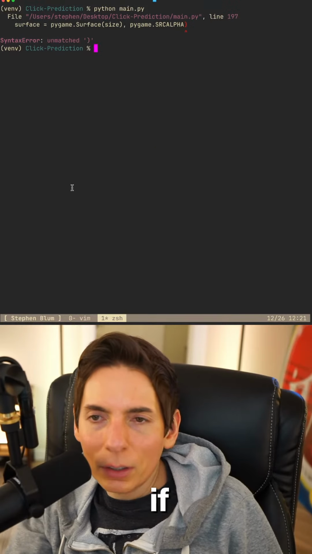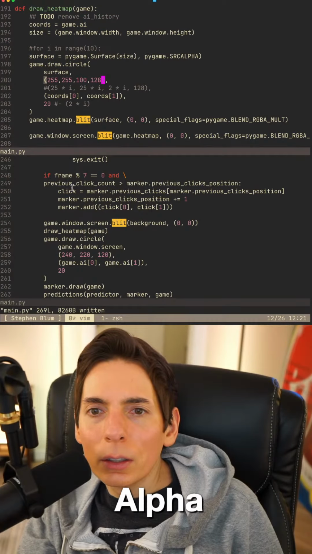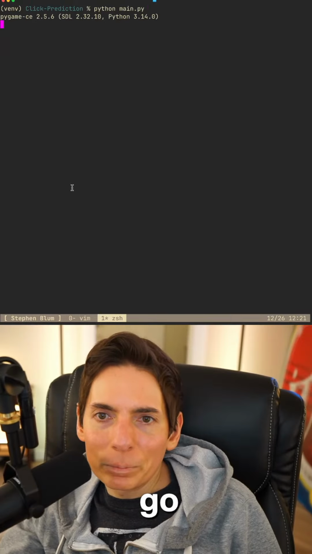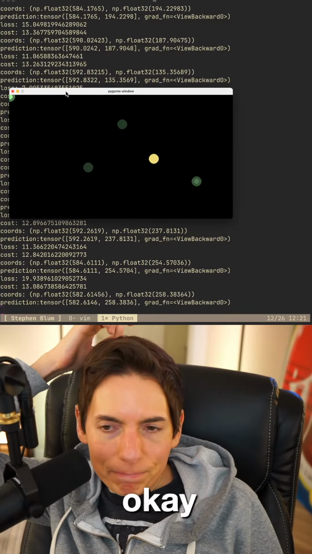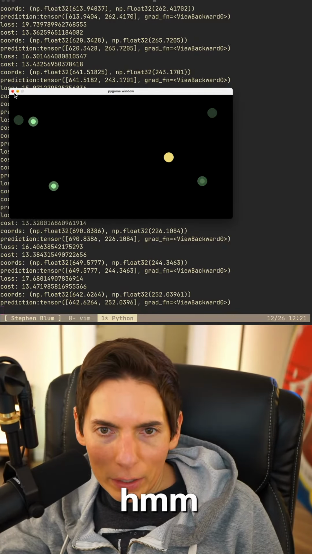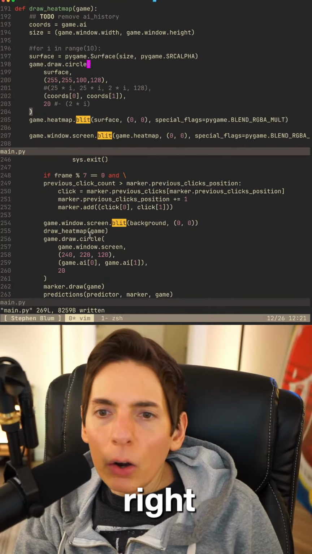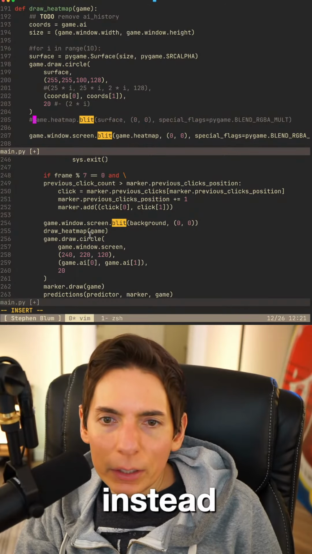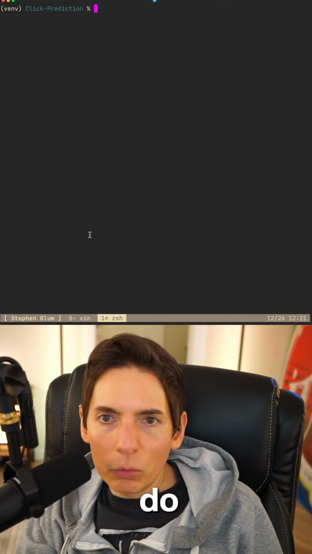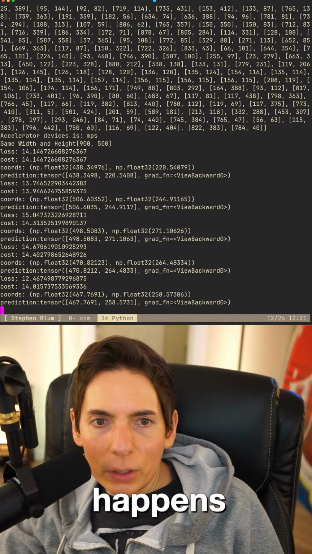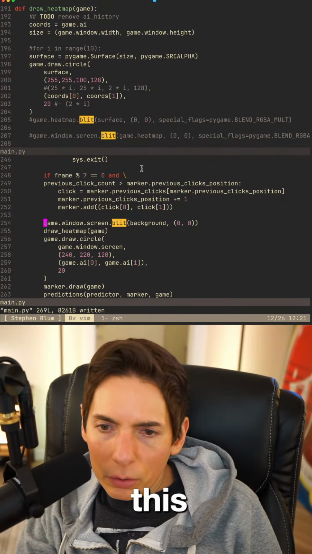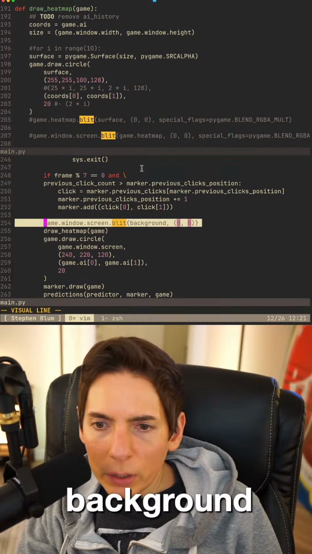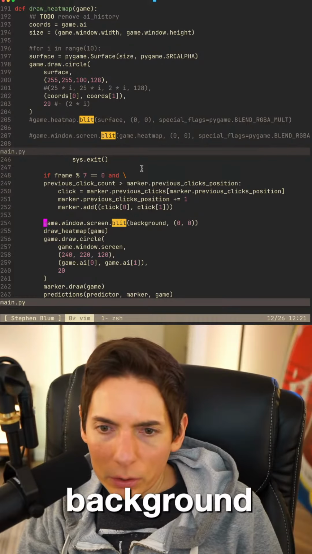All right, let's see if this works. Source alpha. Oh, here we go. Okay. All right, what do we got? It just makes the screen dark. All right. Where are we? What if we instead didn't do these? What happens? Screen still dark? Okay.